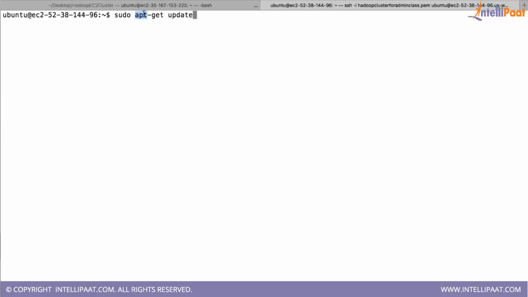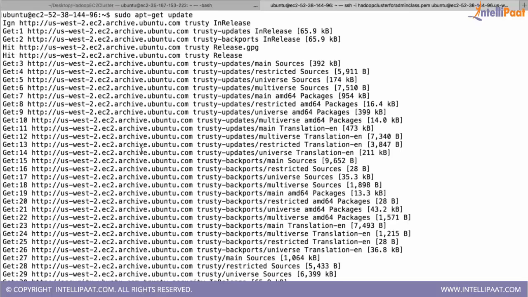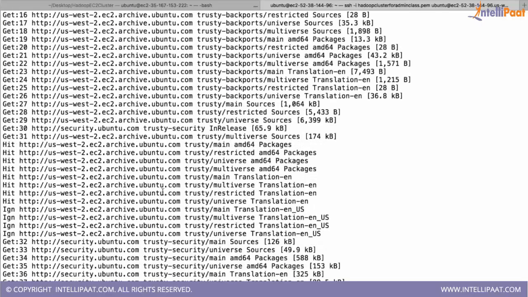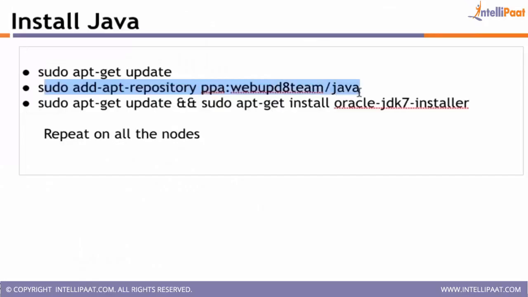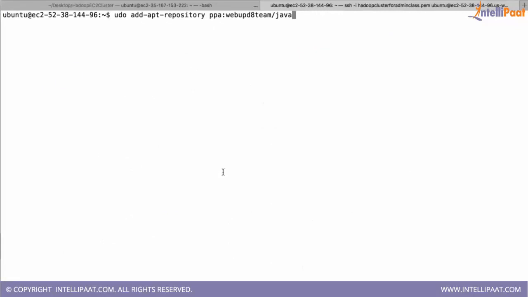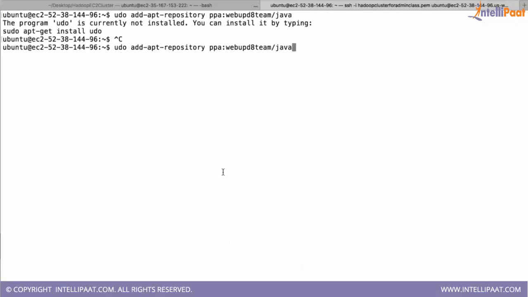With apt-get we can't install or uninstall software on Ubuntu from different users; we can only install through the root user. So we say sudo apt-get update. It is updating its repositories, its details about what software it has. Then you add the location where it can find Java.